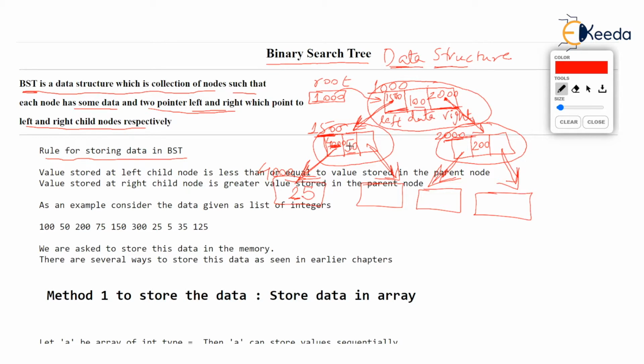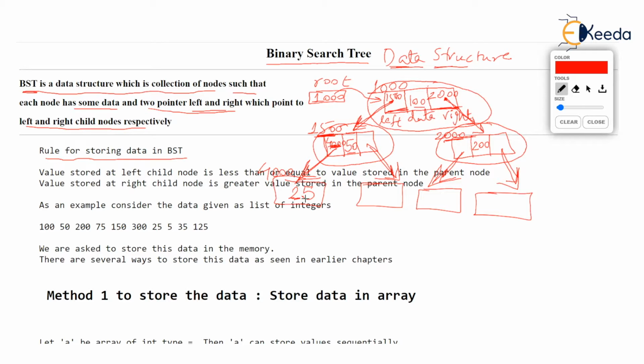Have a look at this again. Suppose we want to store 25 in this tree. Then first you compare 25 with 100, the topmost node. What's the relation? 25 is less than 100. So where will you add 25? To the left, isn't it? Because 25 is less than 100, any value less will go to the left. But the left of 100 is already occupied. You can't throw it out. It's 50. And remember you wanted to add 25. Now 25 is again less than 50. So 25 is added to the left of 50 here.